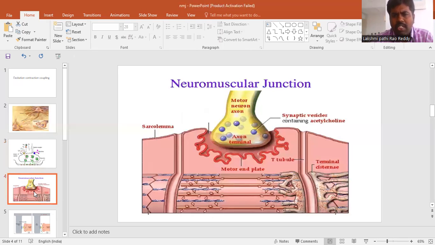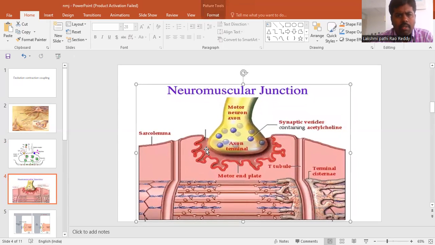So in this picture also you can see how this is connected, the neuromuscular junction. How this nerve fiber is connected to a muscle, and these are the synaptic vesicles containing acetylcholine, and this gap we are seeing is the synaptic cleft. Synaptic cleft. So once there is a rapid entry of sodium ions,